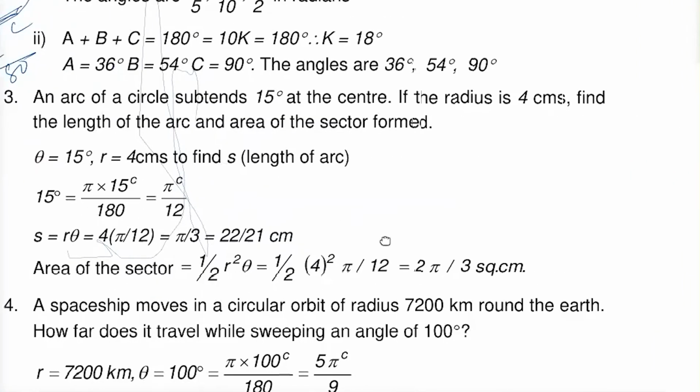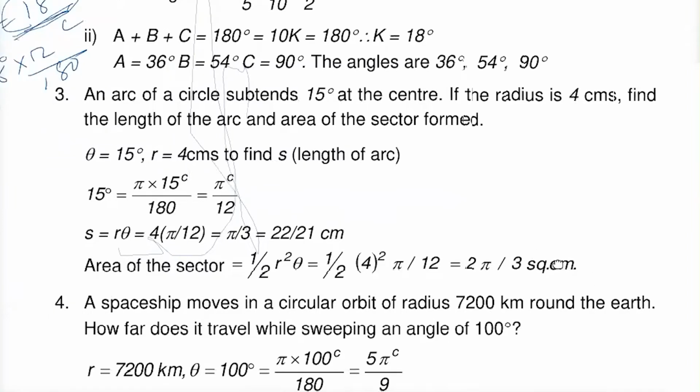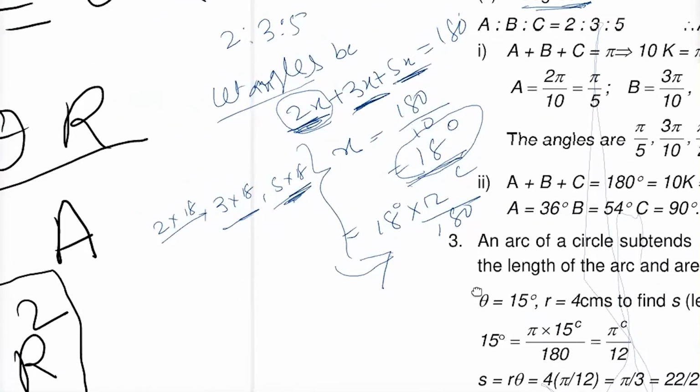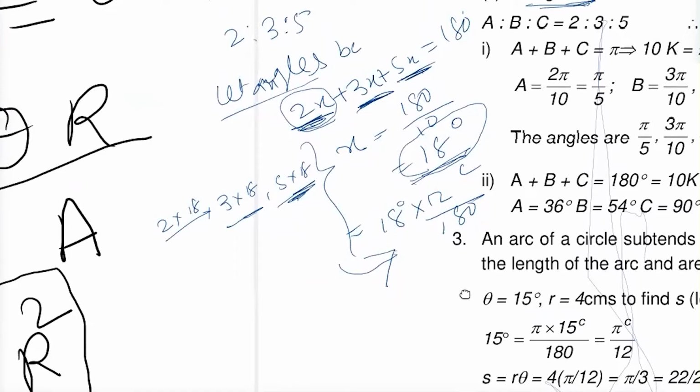One second, I want to tell you that this move on this question part. Sure. Is this writing 2 into 18, or should it be 2 equal to 36? Which one is correct? 2 into 18 or 36? Yeah, this one is 36, and this one is 54, and this one is 90. These are the answers. I had it wrong. This is clear now. Thanks.